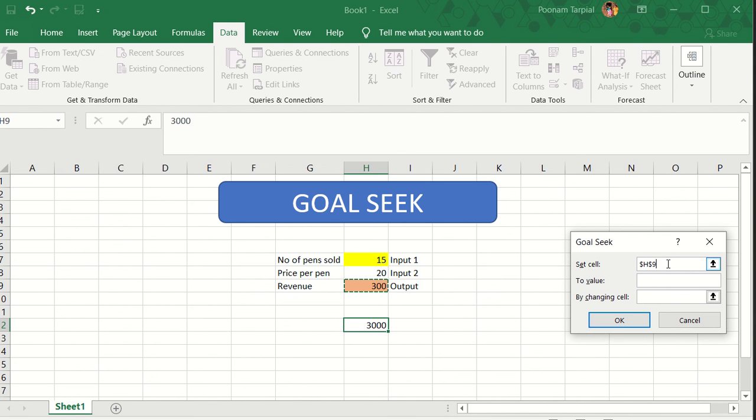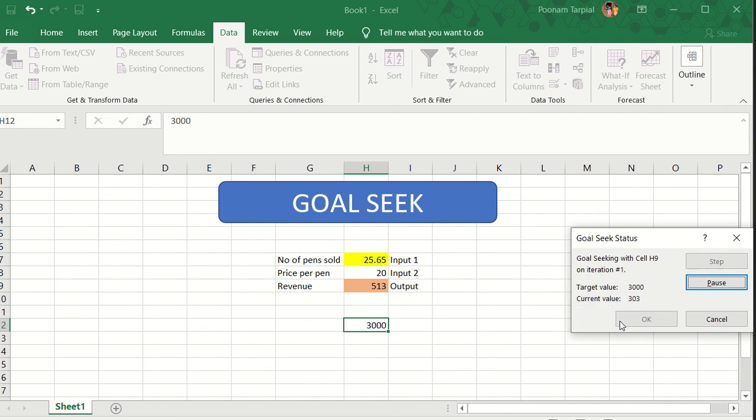To value stands for the revenue that you are looking for. I'm looking for a revenue of 3000. Which cell do I need to change? I need to change this cell, so I will click on that. First I click over here, then over here, and then simply click OK.